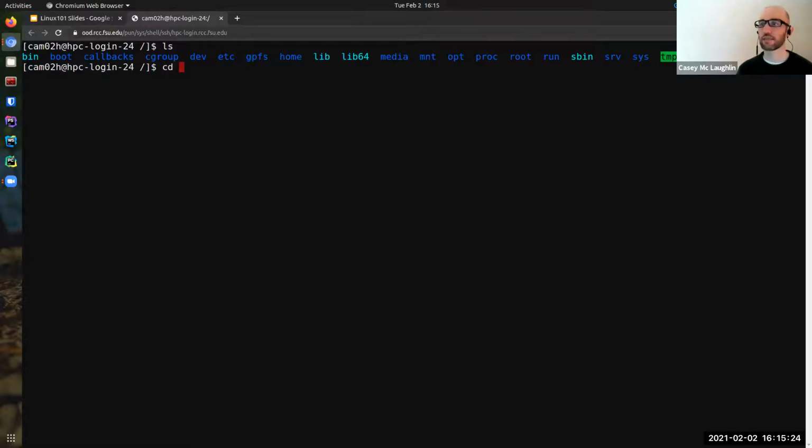An absolute path always starts with a /. And then you type the directory name and hit enter. Now, / is an absolute path, but /etc is also an absolute path. All right, and let's do an ls in here.